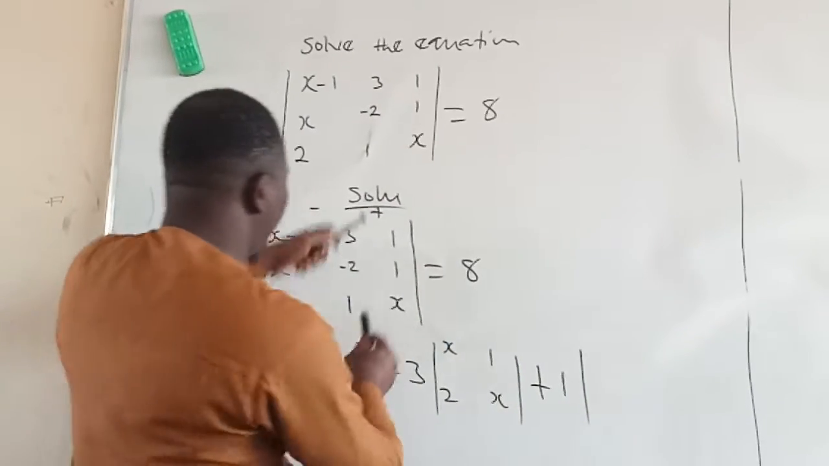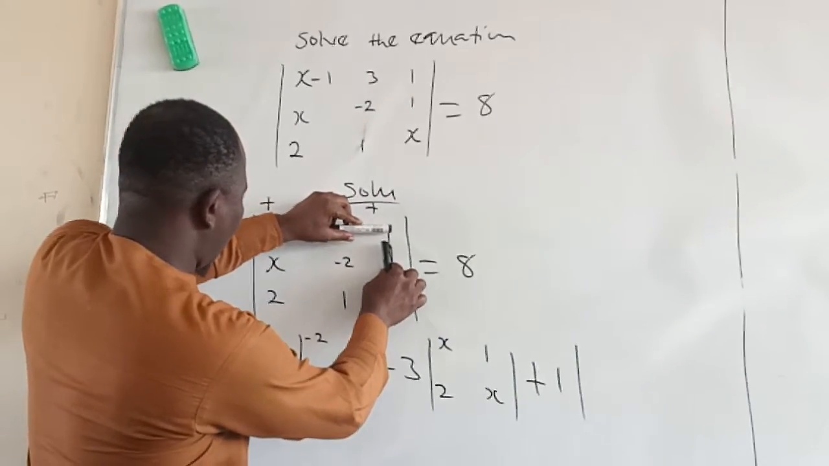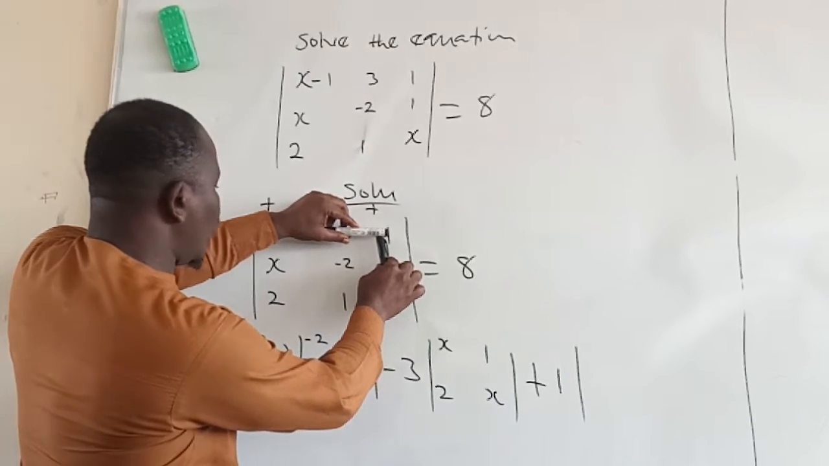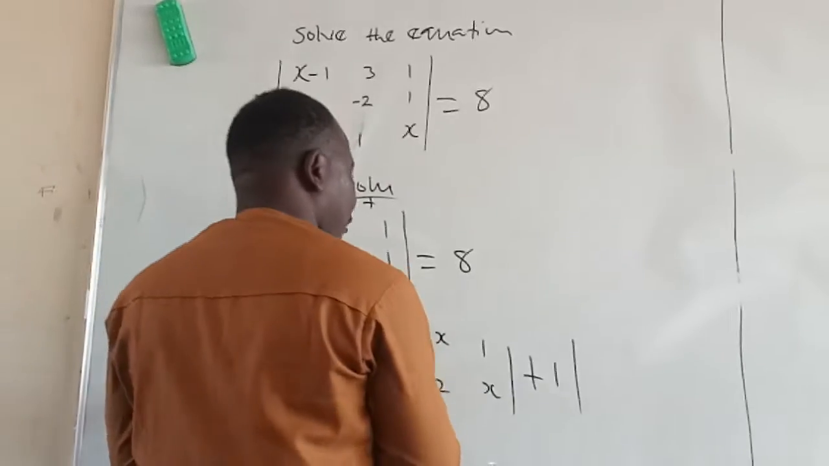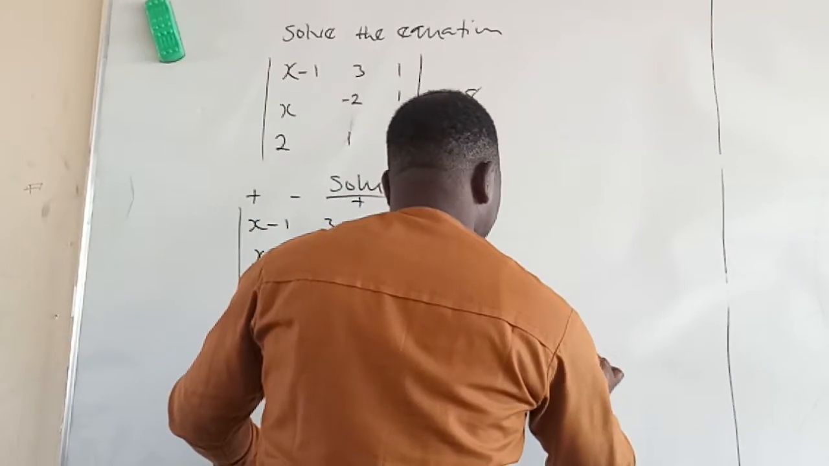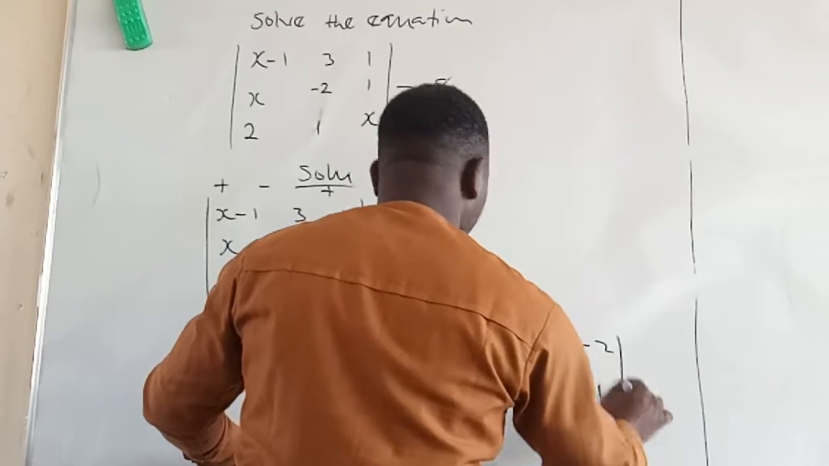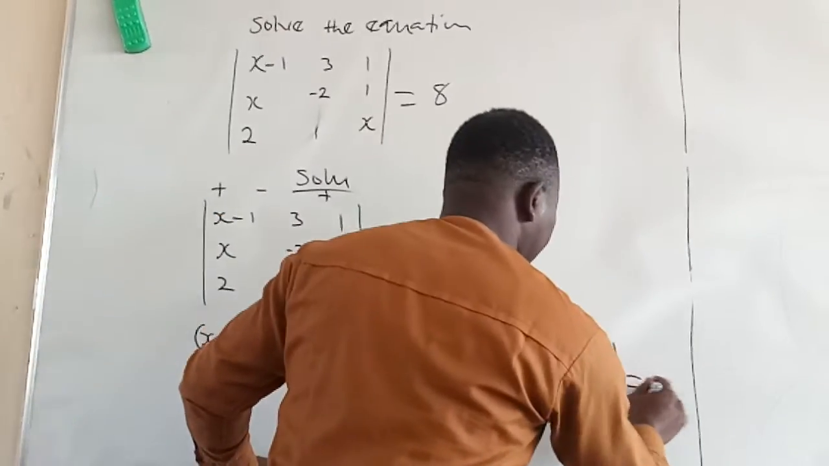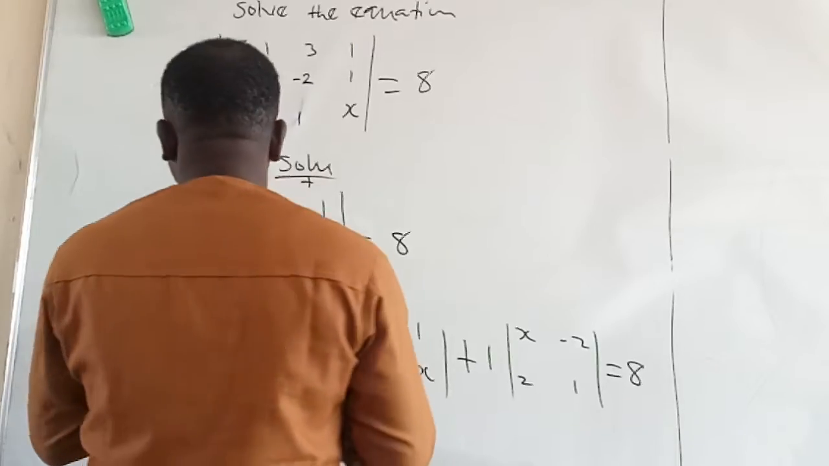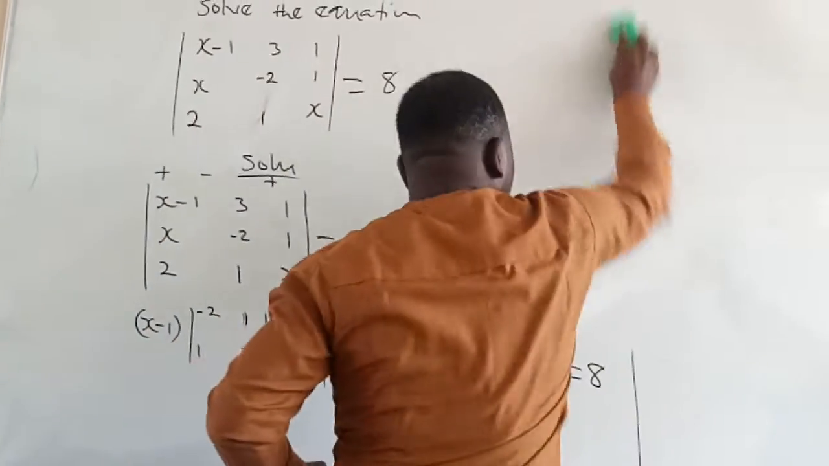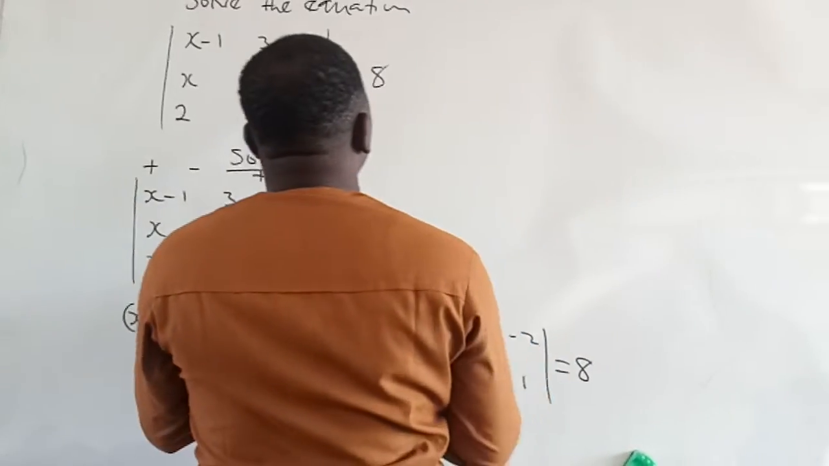The same thing is applicable here. You are saying x minus 2, 2, and 1. Is that clear? x minus 2, 2, 1. Then equate it to 8. So if you agree with me, it implies